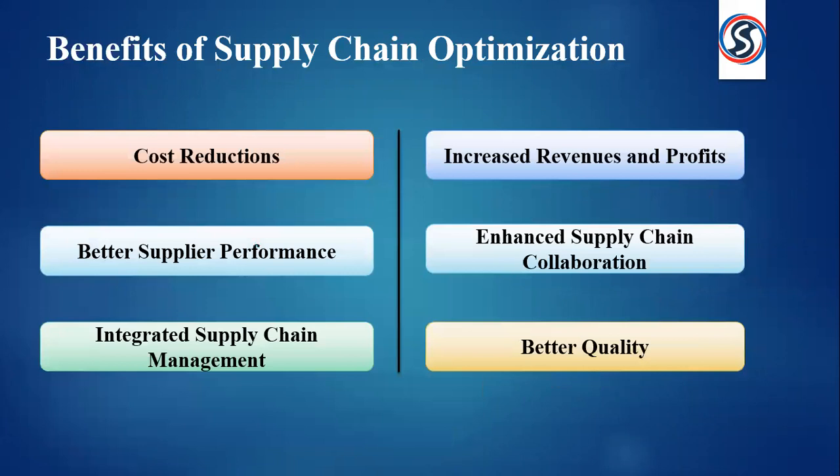Coming to cost reductions. With supply chain optimization, many unnecessary costs that would occur at every phase can be eliminated, streamlining the expenditures of the business operations. And all the repetitive or ineffective processes can also be eliminated or automated as needed. So the focus can be moved to meeting customer needs with accurate deliveries.